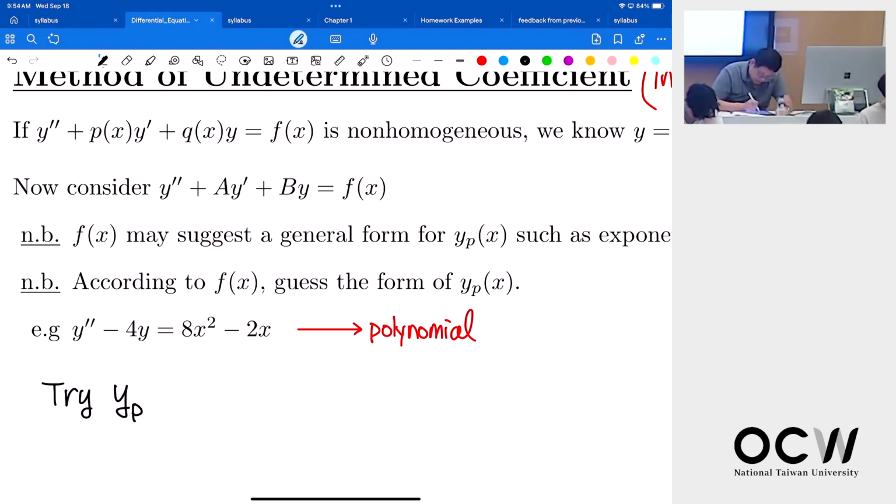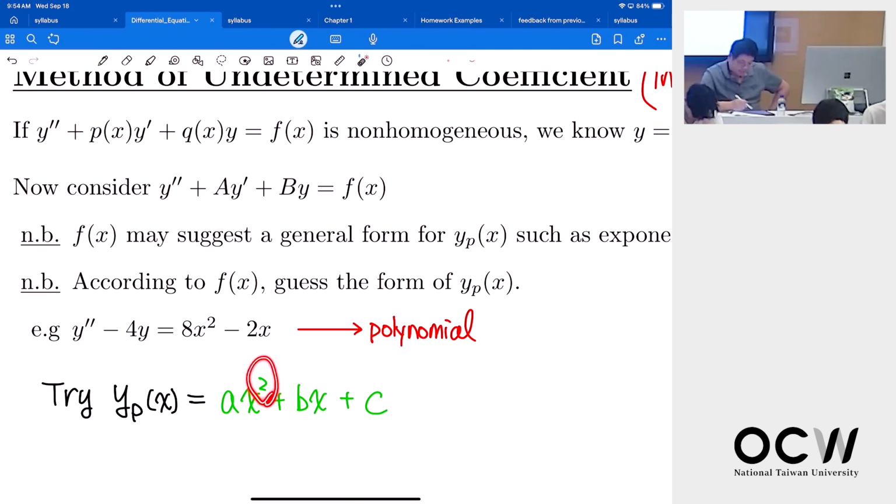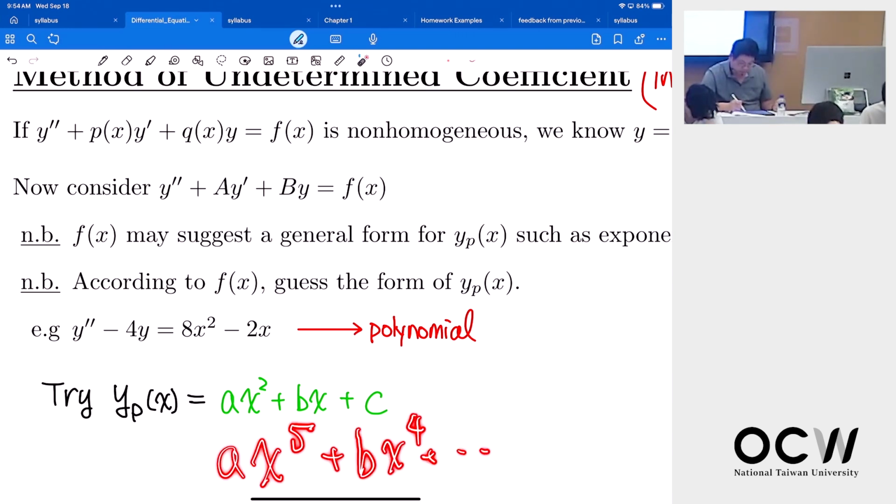the particular solution is polynomials. And of course the order cannot exceed the order of your differential equation. You cannot guess that, okay, this solution should be like a times x to the 5 plus bx to the 4th. Because here, when you take the first derivative, you get 5ax to the 4th, right? And the second, you get